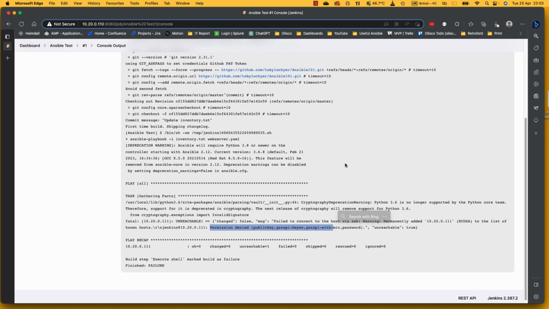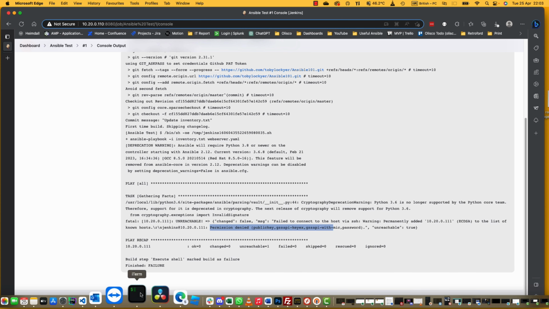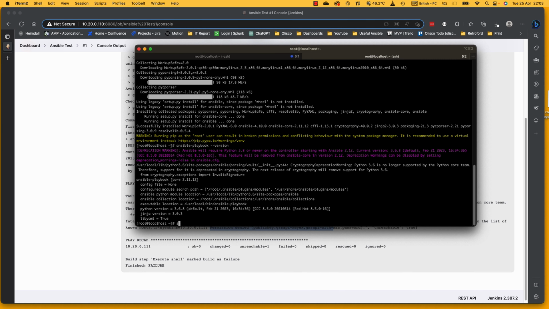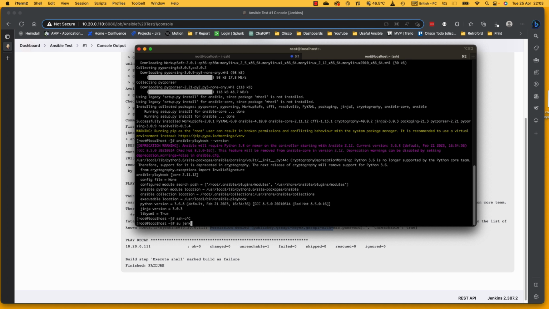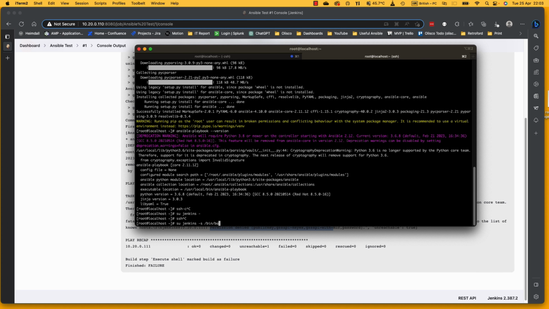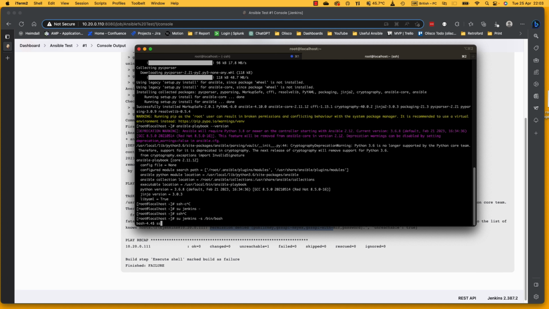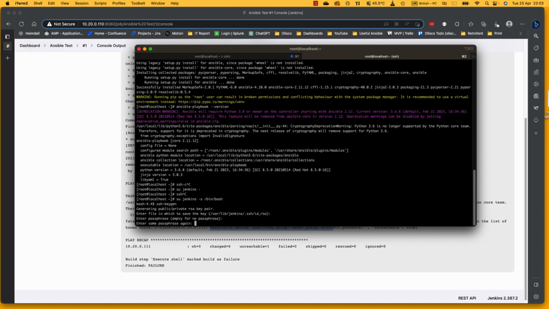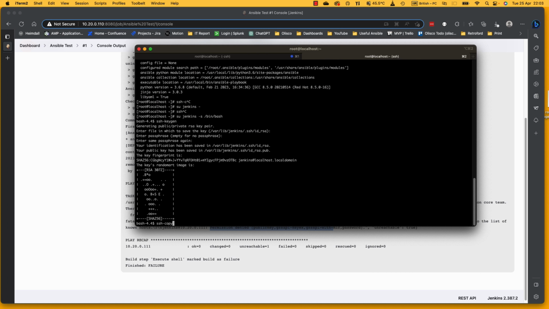And the reason permission is denied is it's got no way of authenticating to that server. Now, we could go through and create a Jenkinsfile that grabs the secrets out of Jenkins and uses them to connect. Or on the host, we can just do an SSH. Well, we need to generate an ID first. So we need to become the Jenkins user. We can do ssh-keygen to generate us an SSH key. We can then do ssh-copy-id